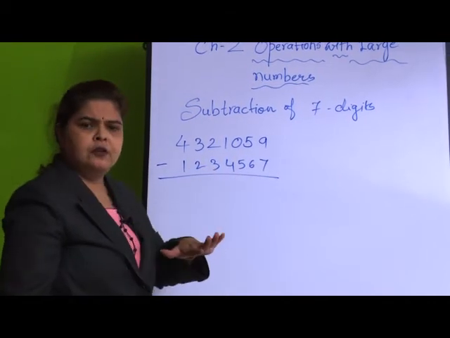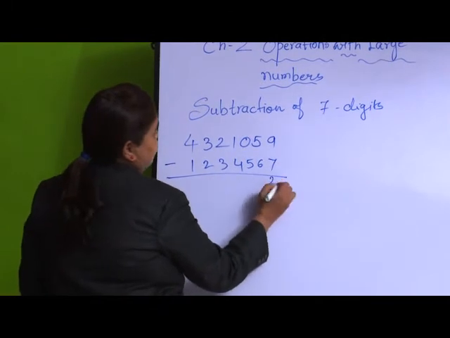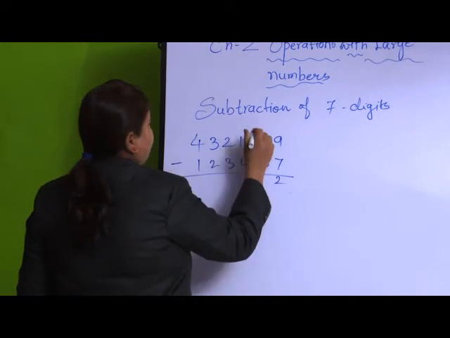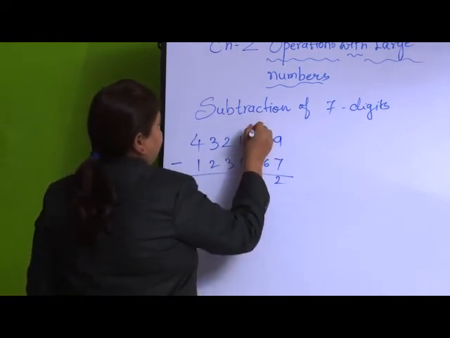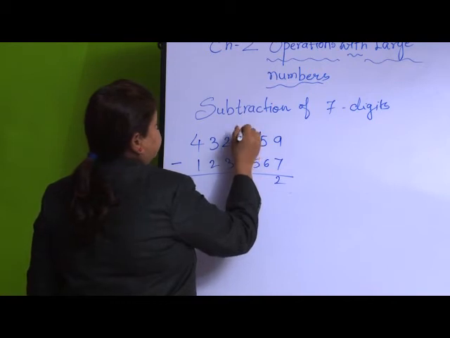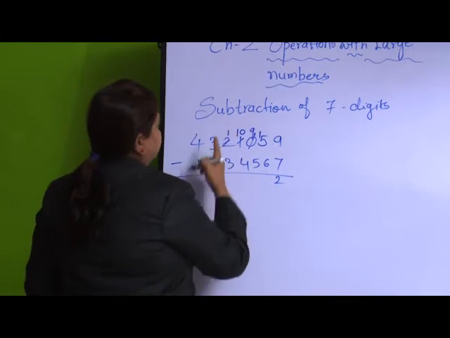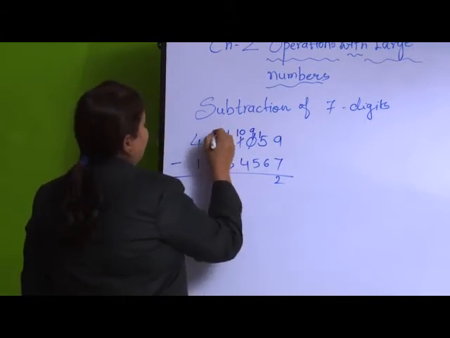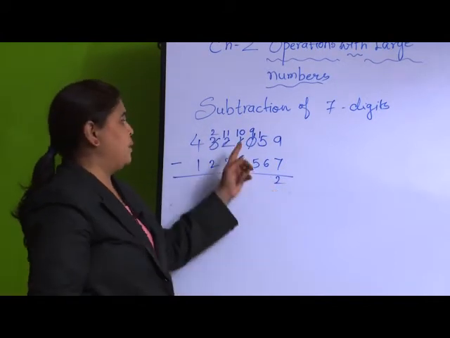I will first do a very normal subtraction: 9 minus 7 is 2, 5 minus 6 is not possible. So I have to borrow from my friend. I will write 15. Here I do not have 9, here will be 0, I will borrow from my friend, here will be 1. Again 1 minus 3 is not possible. So I will borrow from my friend and try to solve this now.